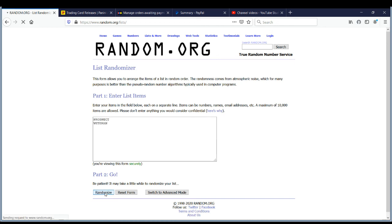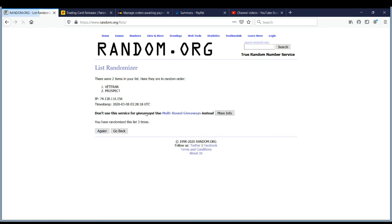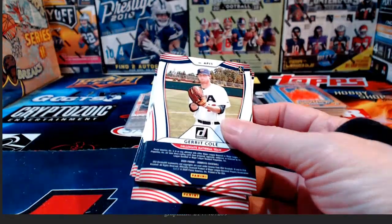All right, so don't look at the first one. Ignore the second one. Here comes our third and final. 3 times it comes up on the veteran side of the card. Okay, so